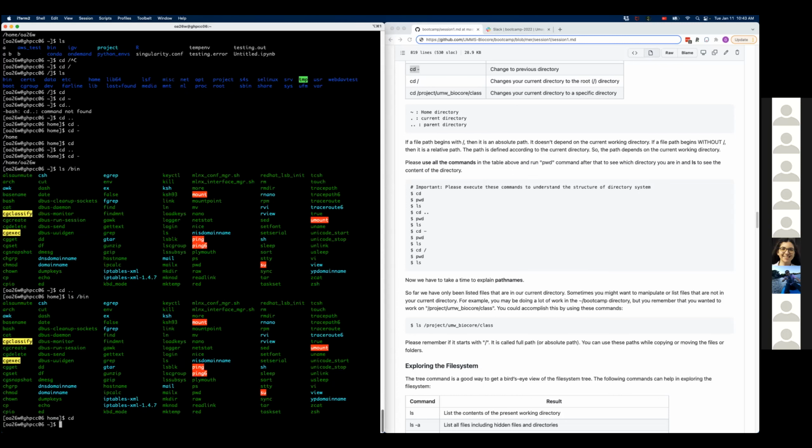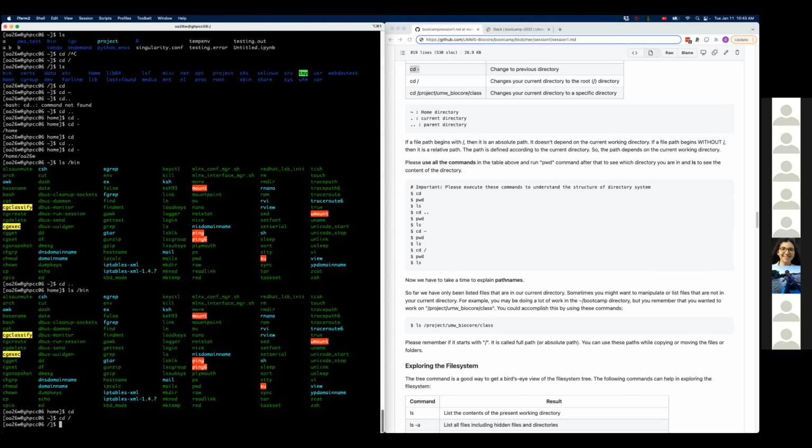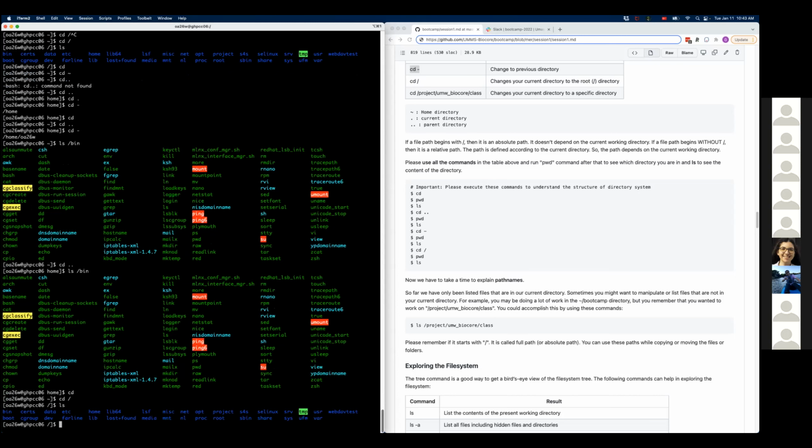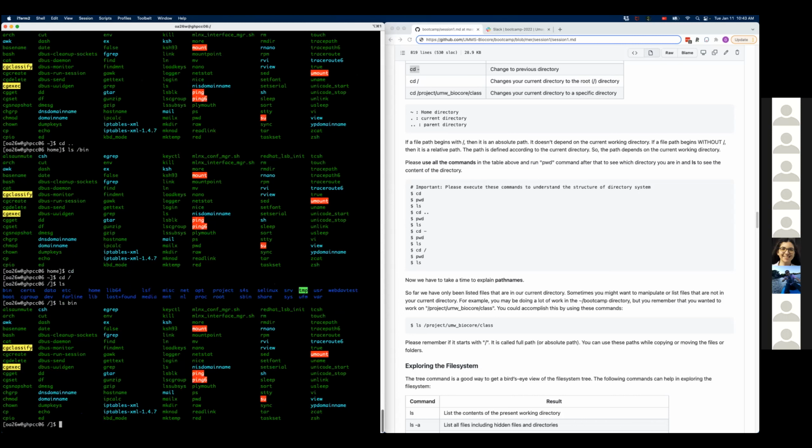But if I go to the root directory, right, now I will use the relative path of the bin, which is in this directory. If I do ls, I see bin here. I can use the relative path without starting with slash. I will see what's in bin.